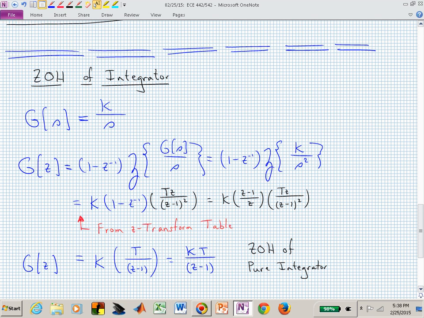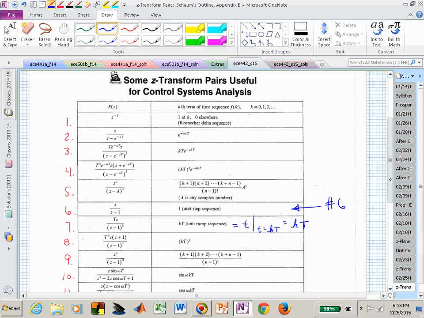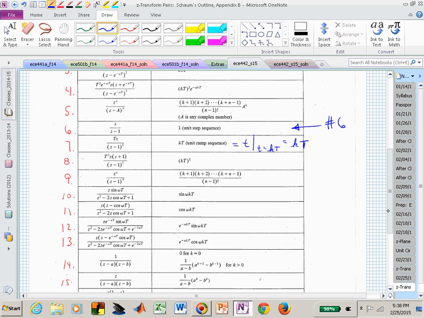This is what we played with last time, and we were using the z transform table, row number 6, in the process of deriving that zero order hold equivalent of an integrator. And this is the z transform table that we have used for exam number 1, and on that you will see